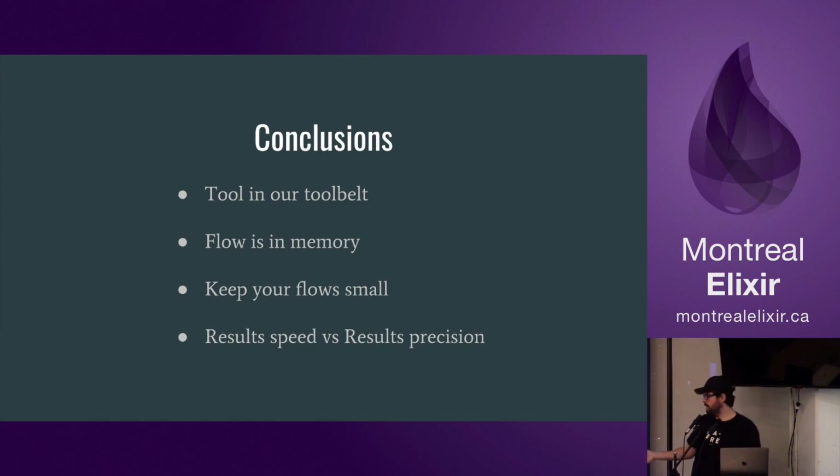And you always have to think about result speed versus result precision, because if I put a fixed window of 1 hour, that's nice. But if at 55 minutes the server crashes, damn it. If your user arrives and asks, okay, how were we doing in the last hour? Oh, I don't know, you have to wait 5 more minutes because I only have the data after 1 hour. It's nice because with 1 hour you're gonna have more precision in your result. But if you want the results faster, you have the triggers.